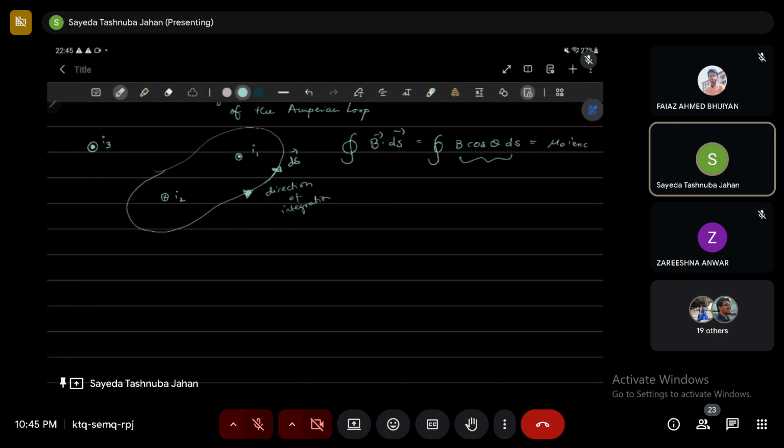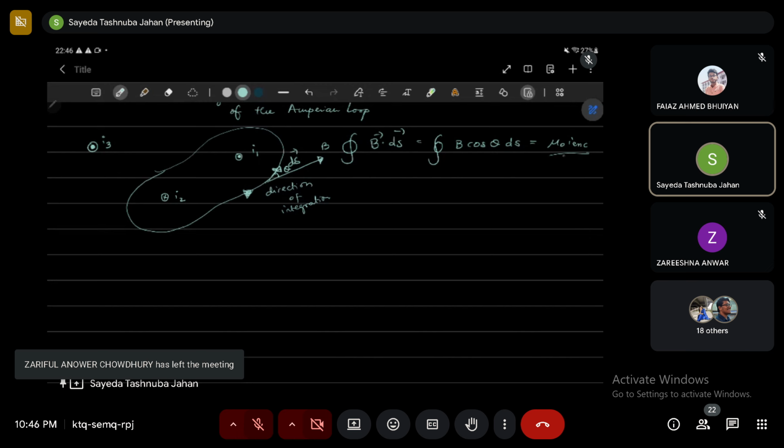And আমরা জেনারিক একটা যে কোনো ডিরেকশন অফ B ধরতে পারি, let's say B is at some angle theta with ds, তো সেক্ষেত্রে আমরা এটাকে B cos theta হিসাবে লিখতে পারি, right? So it is basically arbitrary, so it can be any B cos theta tangent to the loop. Okay, so anything that is arbitrary like this. So এটা generalized. সো এই হ্যান্ড সাইড বুঝার জন্য আসলে আমাদের যেটা করতে হয়েছে সেটা হচ্ছে ডিরেকশন অফ ইন্টিগ্রেশনকে ডিফাইন করা, যেটা আমি বললাম কনভেনশনালি ইজ ডিফাইন্ড টু বি অ্যান্টি ক্লকওয়াইজ। ওকে, ডান।